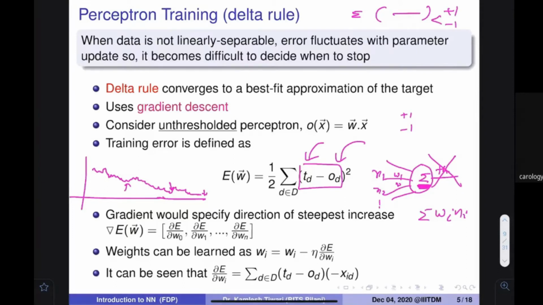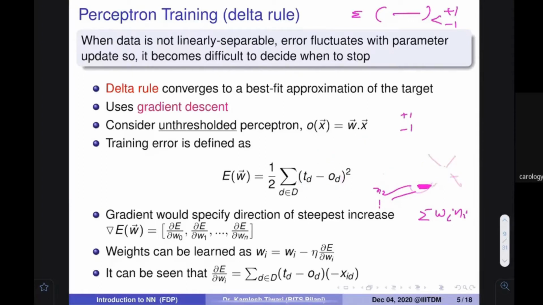Can we expect this type of thing? Yes, there is no problem with that. We can expect that this kind of output should be given to me. If this kind of output is given to me, then what is the difference from the expected output that I'm going to have?